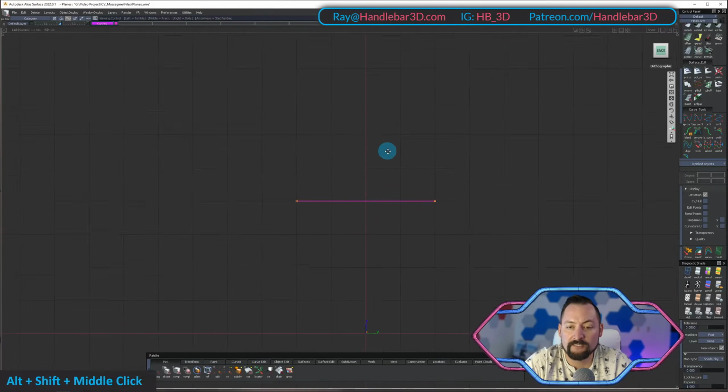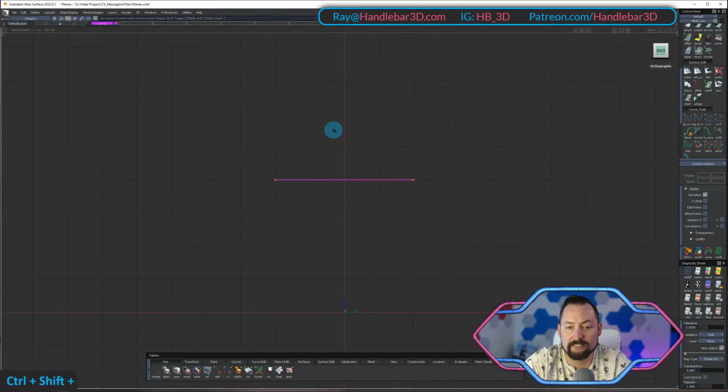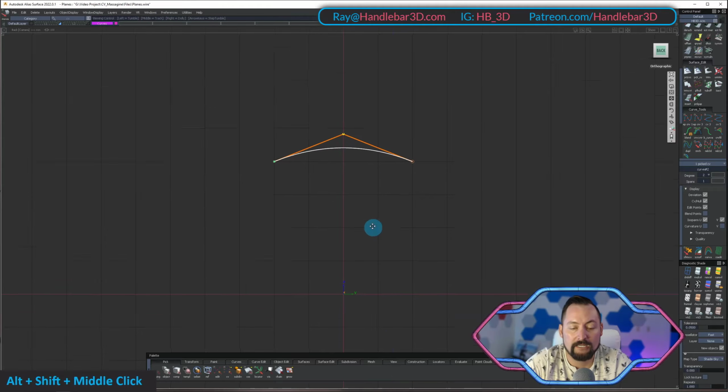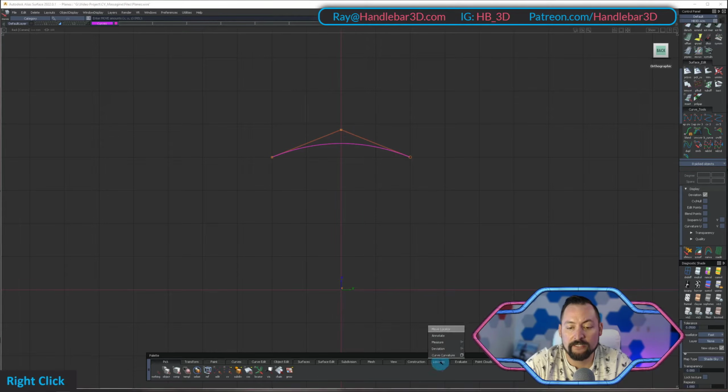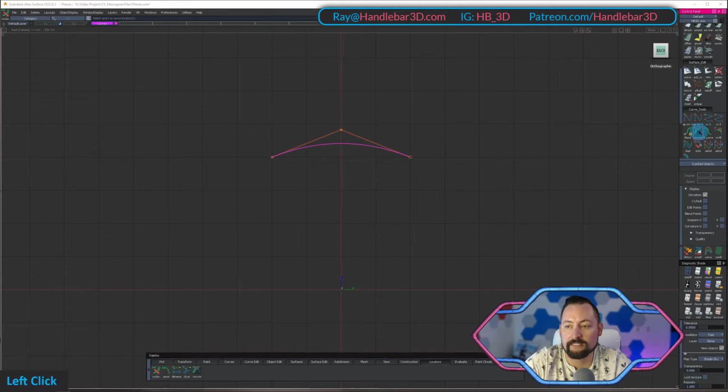Okay, the first thing we want to go through is the curvature comb inside of Alias. I'll have this simple curve, add one more degree, and push it up like that. Under locator, you can see the curvature comb tool. I have it in my shelf here, and if you want it, you can download the preference set on my website. So when I select this and click here,